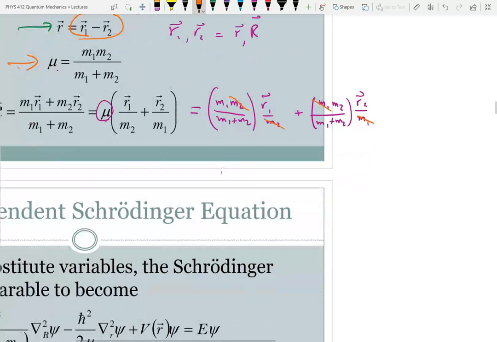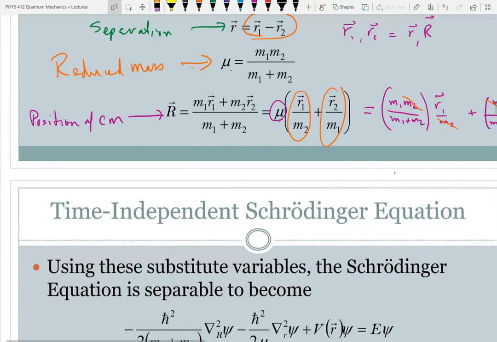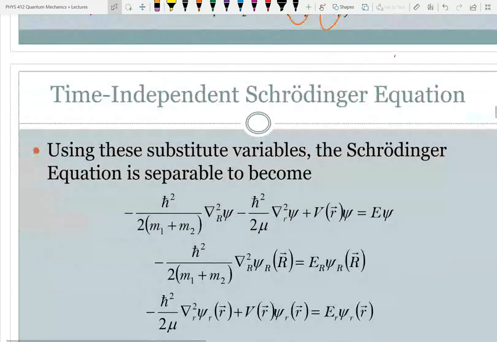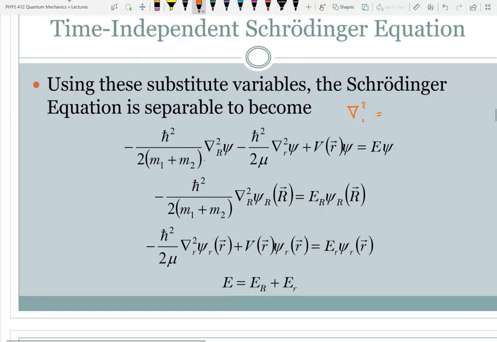So what was the point of doing this? The point of using the reduced mass was to make this simpler. So how is that going to make life easier if it looks just a little bit simpler? If we rewrite the Schrodinger equation, now here's something I didn't do and I'm not going to do. We had before del squared 1, which is equal to, in Cartesian coordinates,